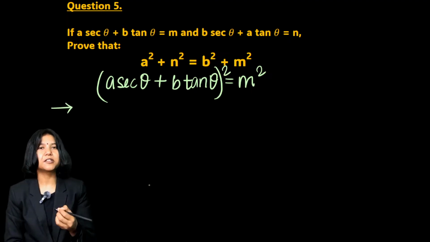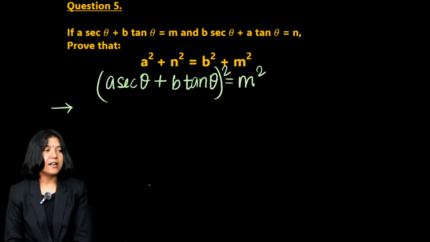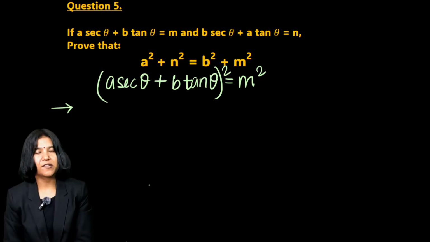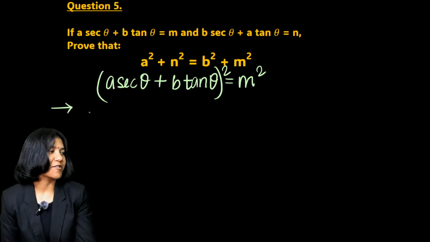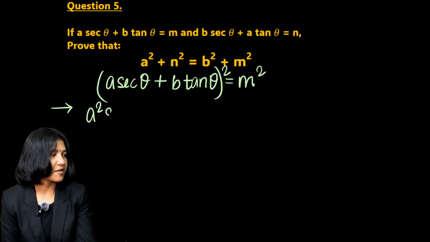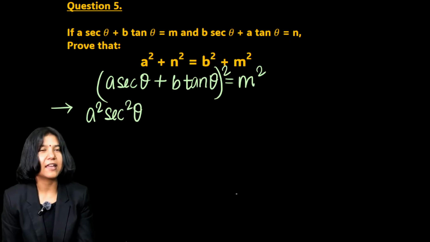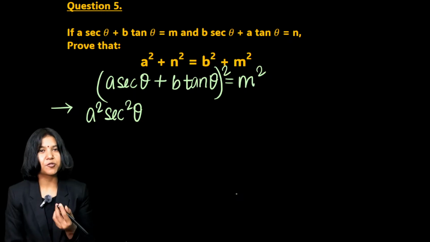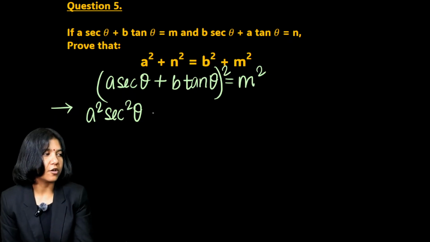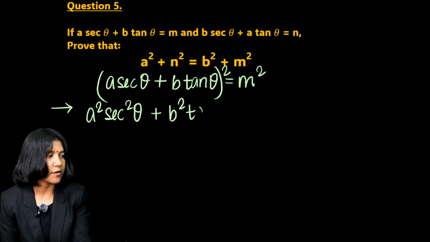Obviously, when you have two things, binomials, they are binomials because the two terms cannot be simplified further, and I have them added up. So I want to find the square of that. Always go ahead and use that favorite identity, a plus b the whole square. The identity tells me to square the first term. Because I have two things, a and sec theta, they are multiplying, so I will individually square them, plus the square of the second term, b squared tan squared theta,